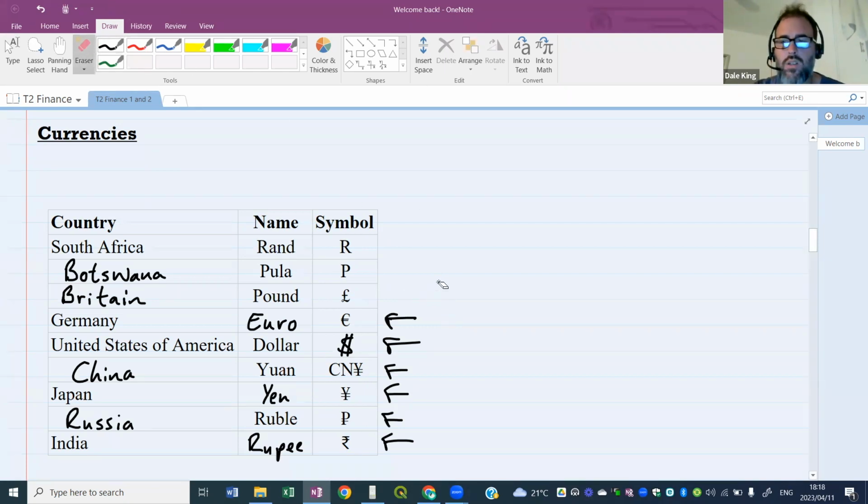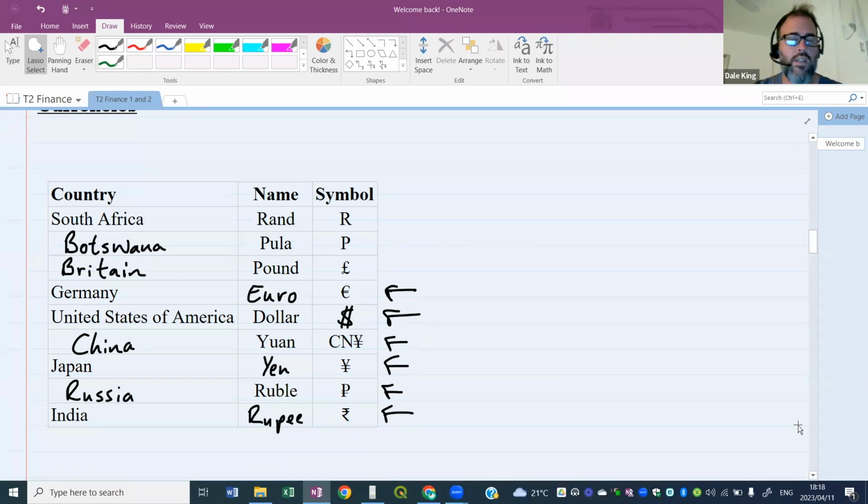All right. So those are the currencies that we often get to see and that we often work with in math literacy. All right. If you want to take a screenshot of that, you can, just to remind yourselves, but I'm sure you guys are familiar with all of that.